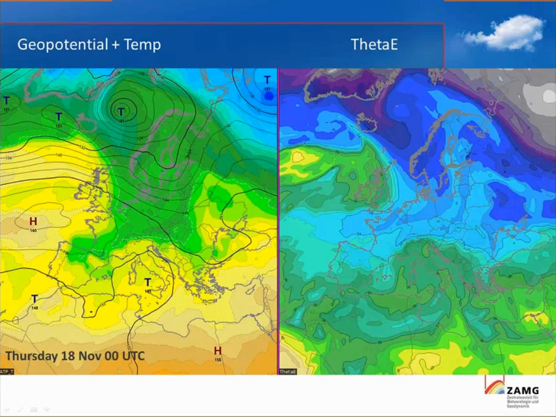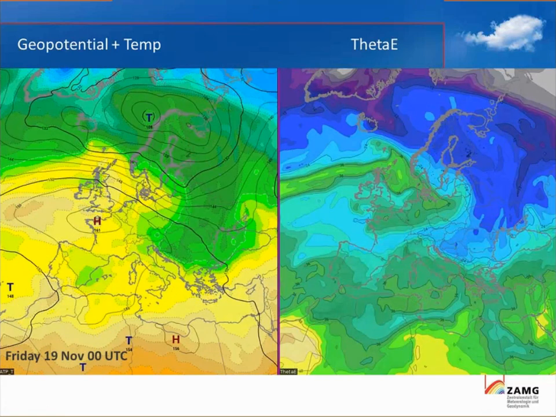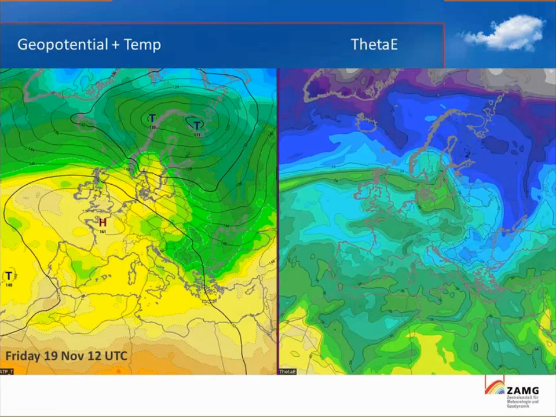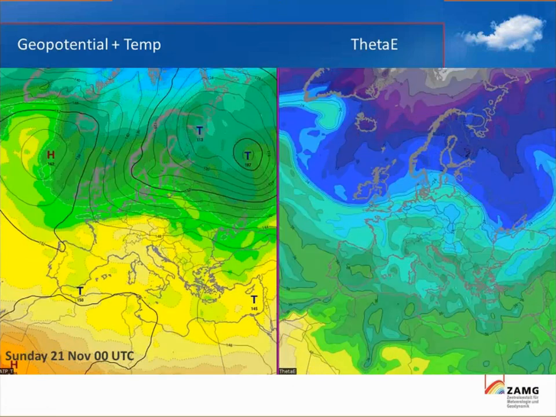But I'm afraid that high pressure will be back and stabilize the situation again, so that probably over the weekend and then the beginning of next week, fog will again play a big role in our daily weather. This is now Sunday morning, so we will see if there will be a front next week that brings big changes that can finally